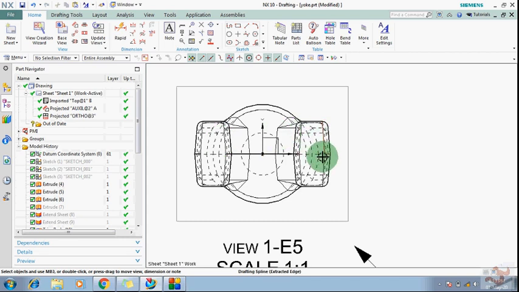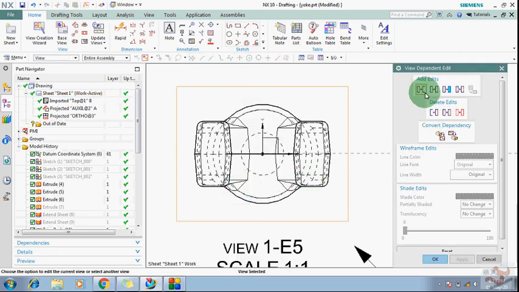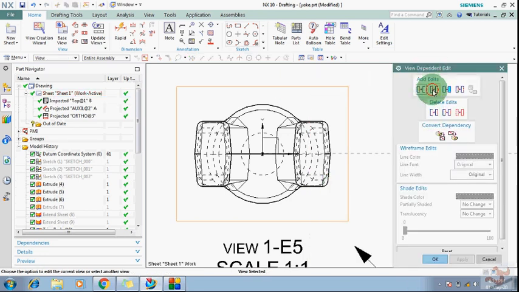Second, suppose that I want to show only some edges, then how can I show only the edges which I need? Just go to view dependent edit. Right click at your border line, and then view dependent edit, and the second one in the first row, add edits.